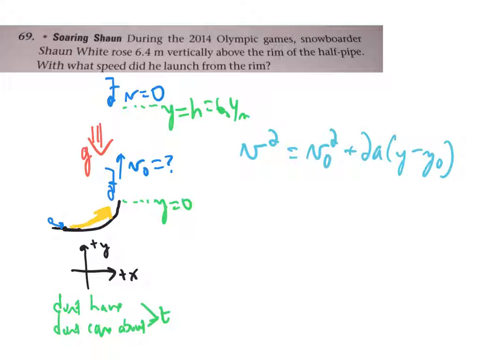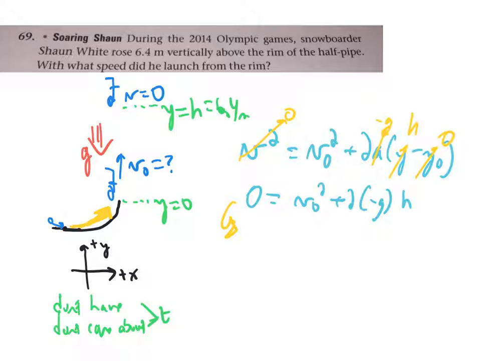So this is useful. And then we can start looking at whether any of these things are nice and easy. For instance, we can say that we end at rest, and that the acceleration is minus g, and that we started at 0 meters and we ended at h. So the equation cleans up a little bit to be 0 equals v0 squared plus 2 times minus g times the height, which we can easily solve for the initial velocity. So we solve that, and we get that the initial velocity squared is 2gh, or the initial velocity is the square root of 2gh,